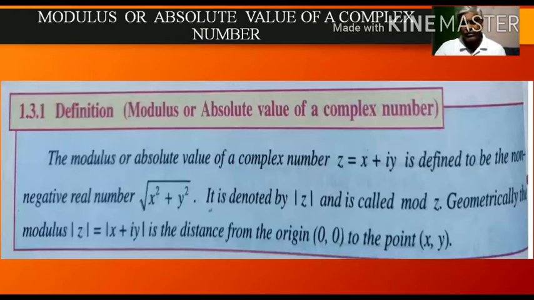And it is denoted by mod z and is called mod z. Geometrically, the modulus of z is equal to mod x plus iy is the distance from the origin 0, 0